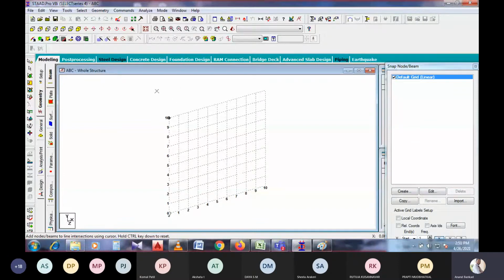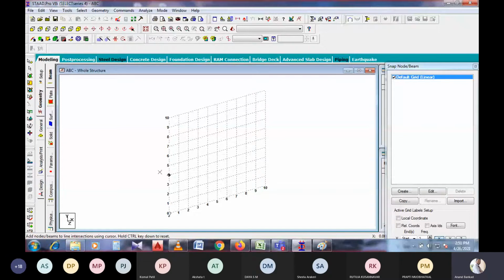Okay. So after starting here, the particular window will open. In this window there is the snap mode and the two-dimensional view. Here, if you can see, the directions x, y, and z are provided in this manner.